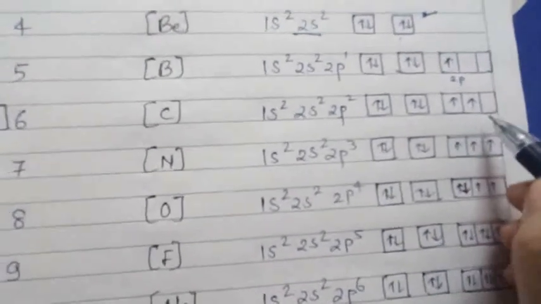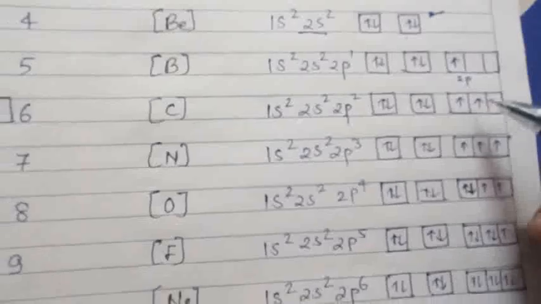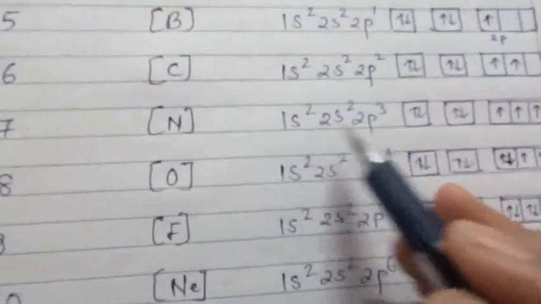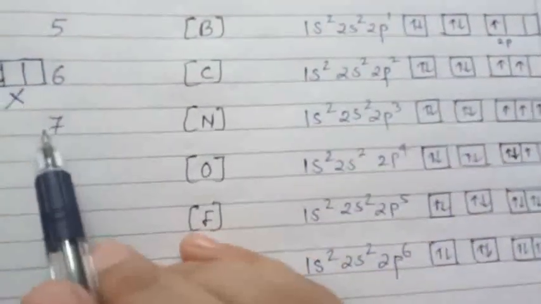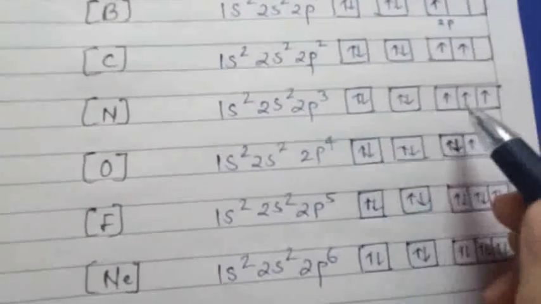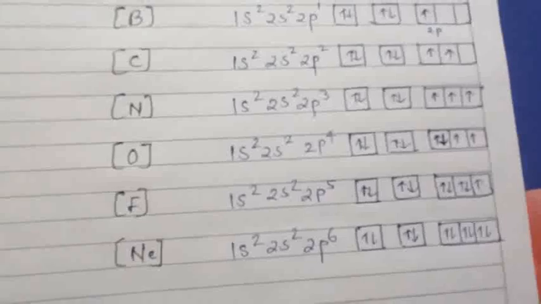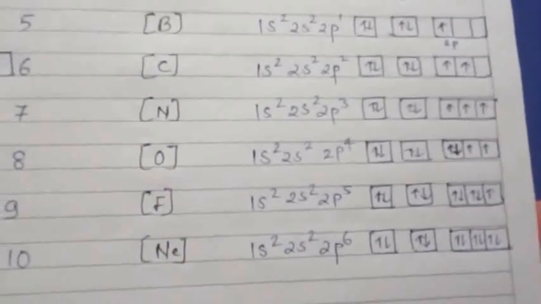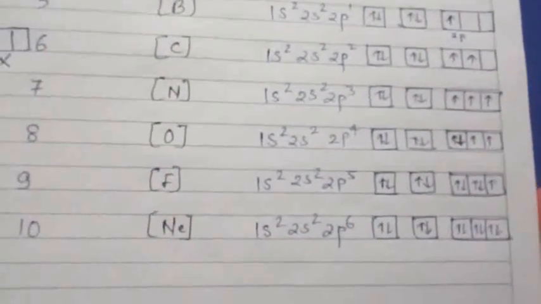Until each orbital has one electron, you cannot do pairing. That is why this is wrong, and this is right. Then atomic number 7 is for nitrogen. So the configuration is one more increased. 2p2 has become 2p3 because one more electron has been added. So see, the third electron is going in the last box, because the first and second orbitals were already filled, so it will go in the third. Again Hund's rule is applicable. Pairing will not take place until each and every orbital is singly filled.